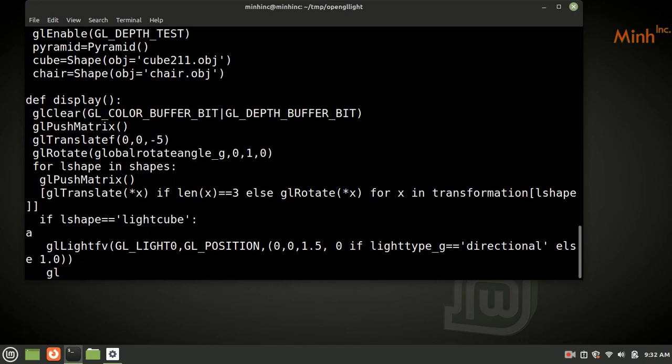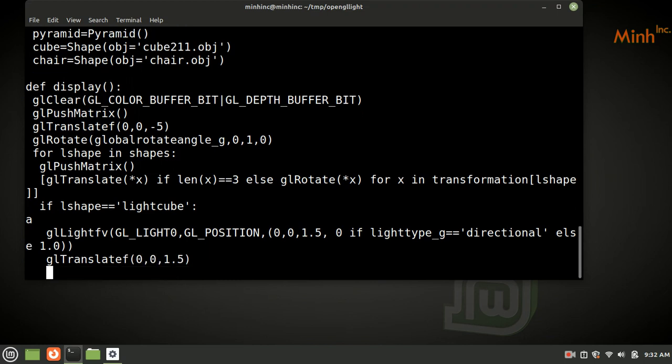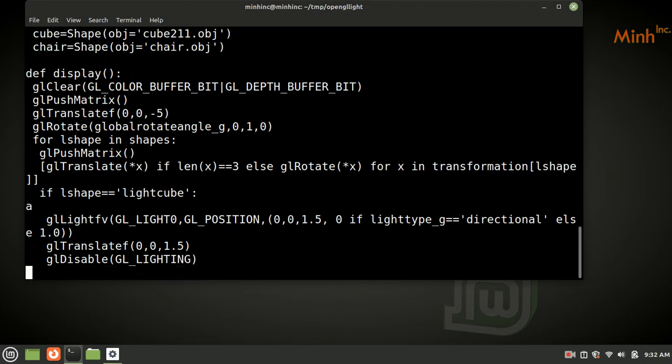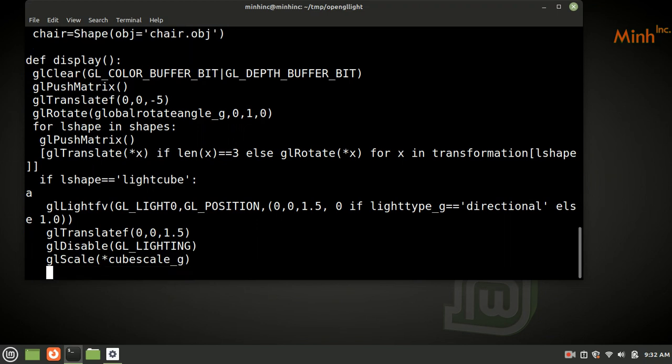GL translate 0, 0, 1.5 and we'll draw. GL disable GL lighting, GL scale, cube scale G. So we will scale as per the, so we'll use floating point. So depth display,